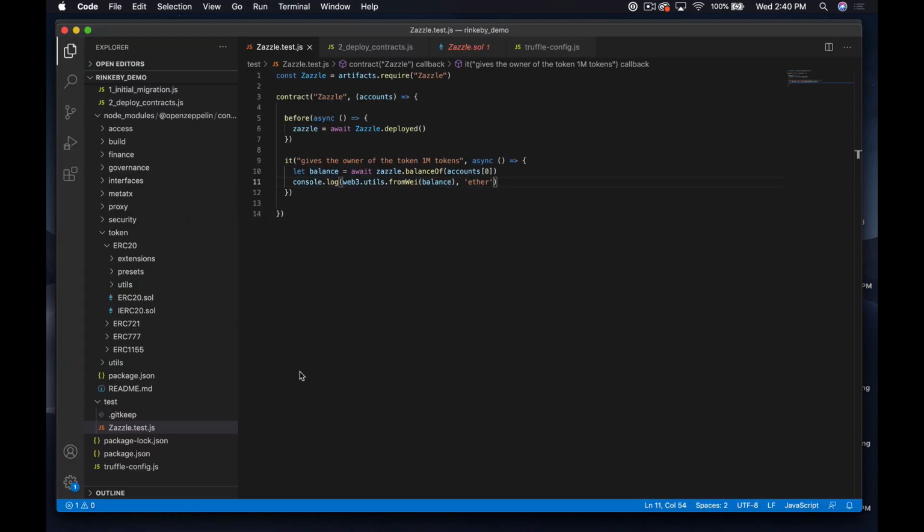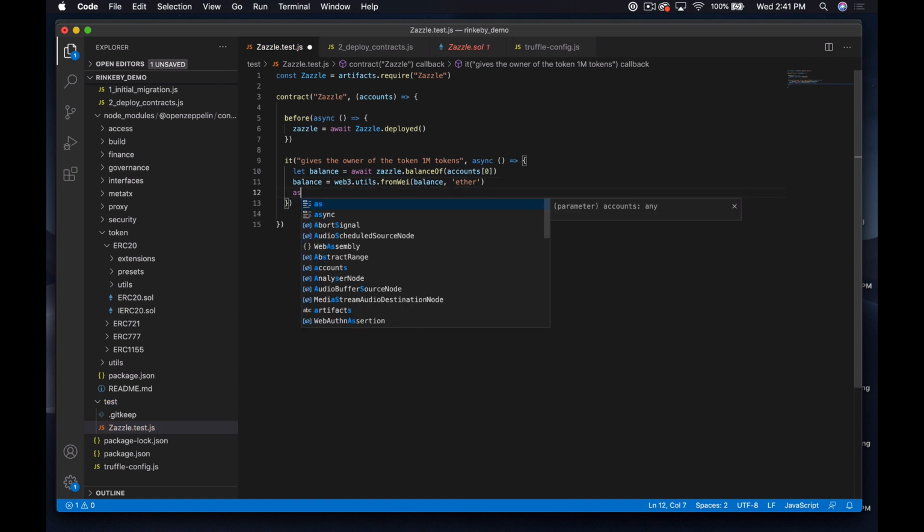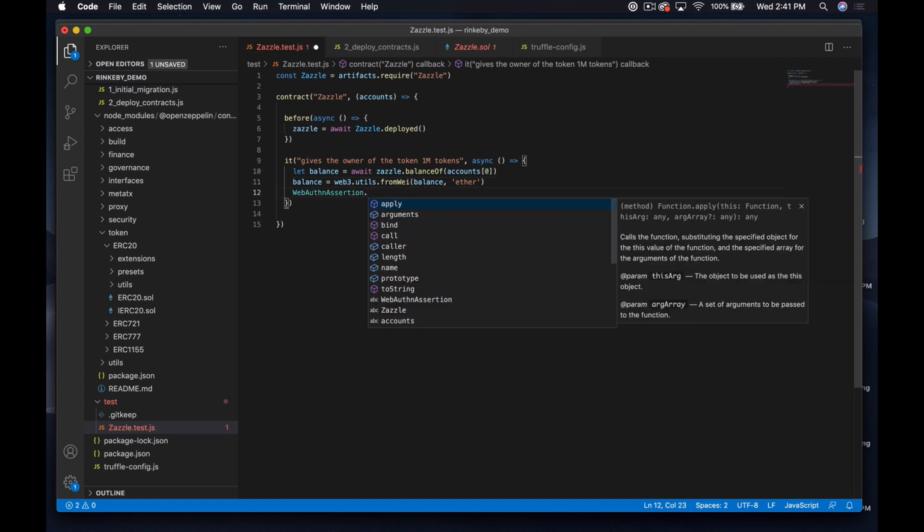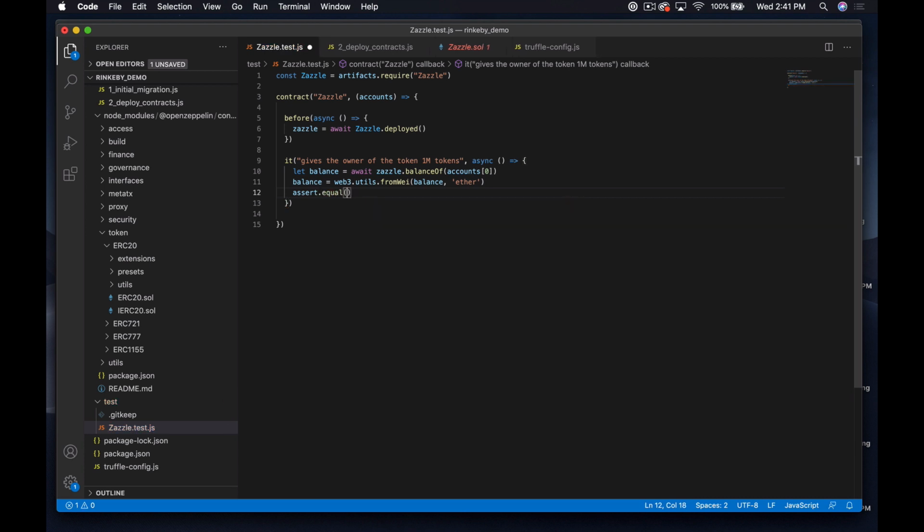Okay, so what I want to do is, and actually I don't need that ether in that. Actually, the ether was supposed to go in here. I guess it works without it, is the point. It printed out 1 million ether, which it shouldn't have. So what I'm going to do is say balance equals this. So we're just doing a little conversion, and then I'm going to assert equal, and then we'll say balance, and then we'll do 1 million,